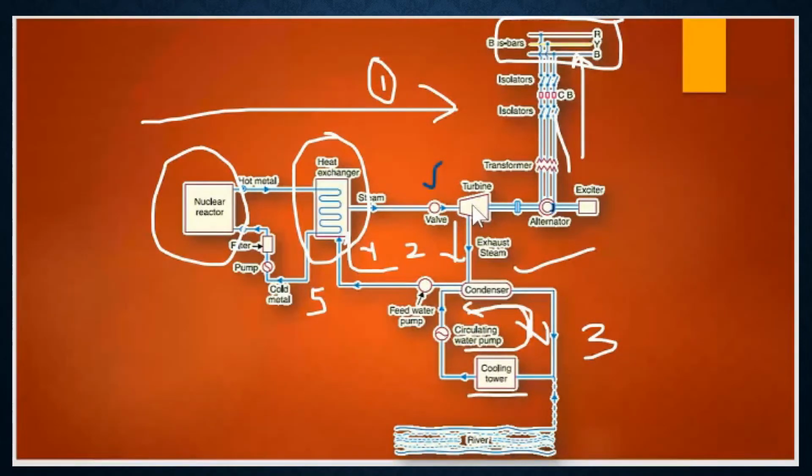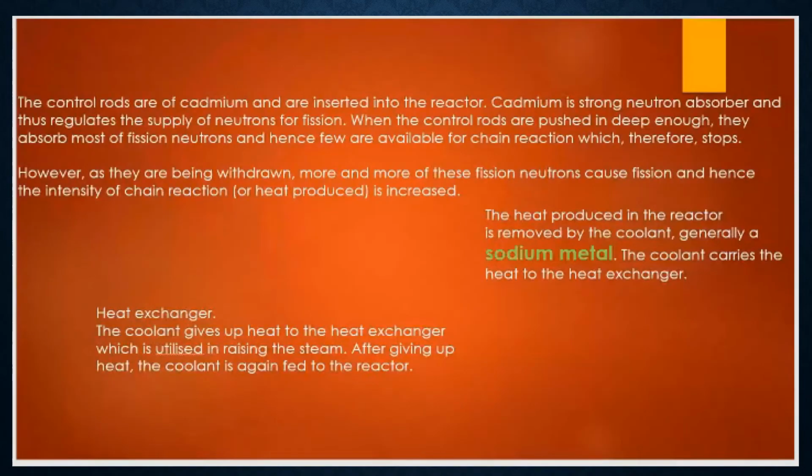If you are controlling the speed of the turbine, you are controlling the speed of the alternator. Based on the load requirements, the alternator speed varies. Ns is the speed of the alternator. It will vary based on the load. So in order to adjust the speed of the alternator, we have to adjust the speed of the turbine. The speed of the turbine depends upon the steam input. So this valve is utilized to control the speed of the turbine, so that the speed of the alternator can be controlled.